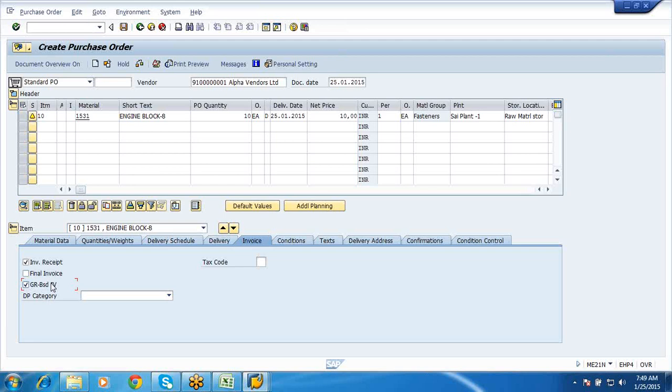Because there is a practice, I understand. Once you create a PO, then a GR will be done. Before doing the GR, they check the PO quantity in the system and then post it. And before posting an invoice, they also check the PO quantity and GR quantity, and proceed further.